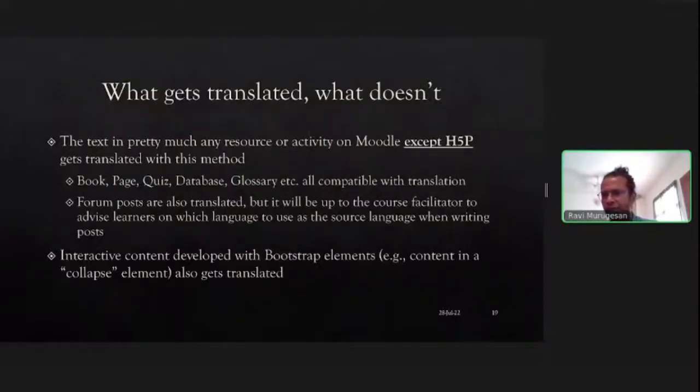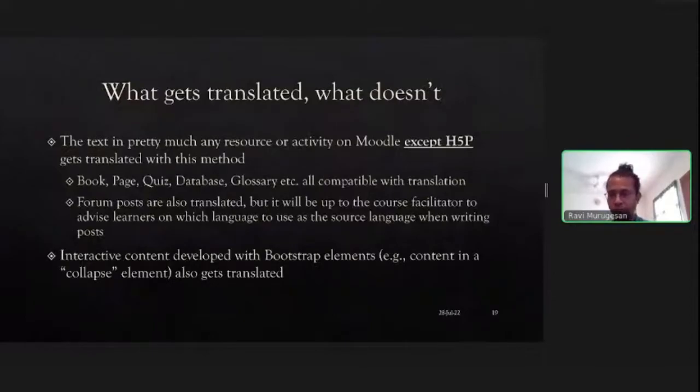That content doesn't sit within the Moodle text editor. It is created in the content bank or h5p.com, and it's brought in. I noticed that H5P did not get translated. That is a limitation.